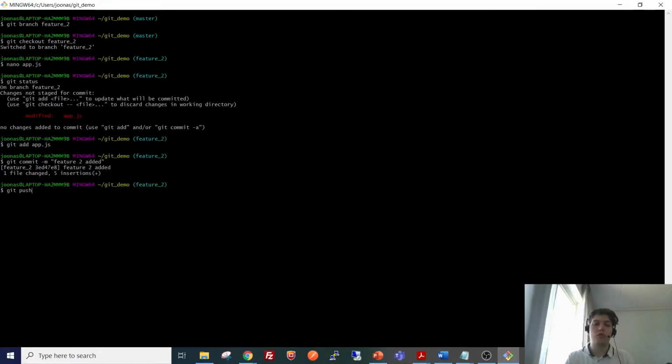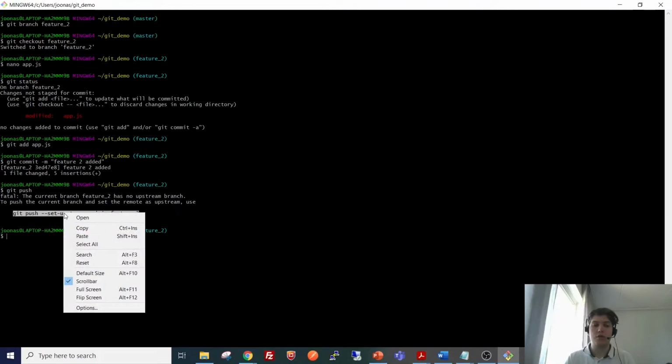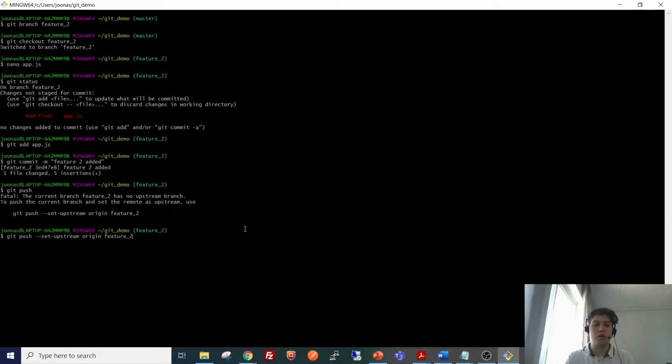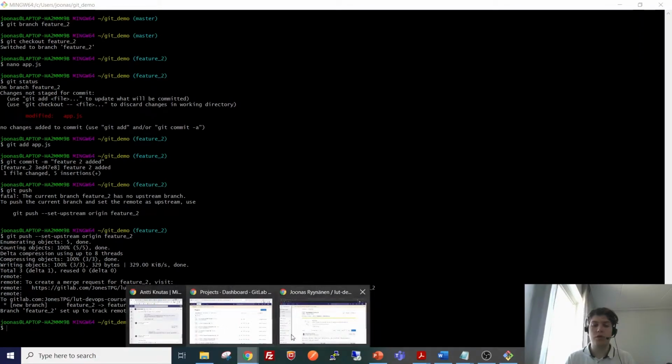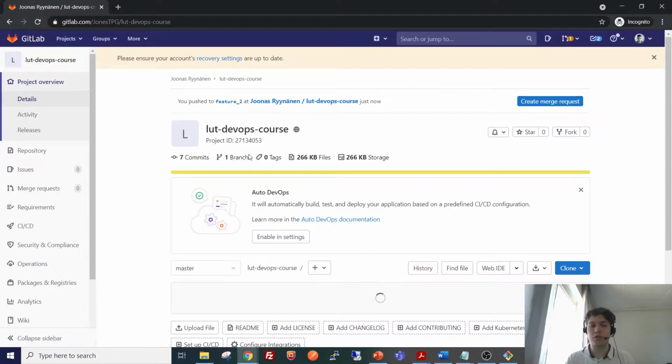But now we can push the branch, and the first time you push a new branch, we have to run this special option here. I usually just copy and paste it from here. Okay, so now we have the remote repository also aware of this branch.